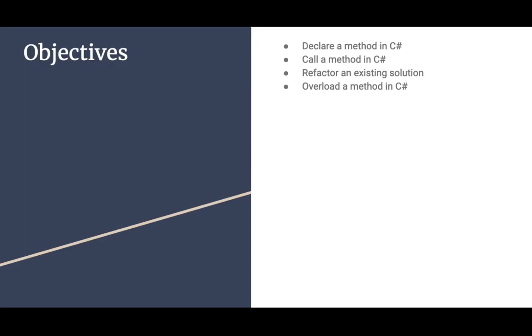The objectives for the lesson will be to declare methods in C Sharp. So we'll look at how to declare any type of method that we might want to include in our solution. And then, of course, once we've declared the method, we'll look at how to go about calling the method to put it into use in our program. And then there are two additional